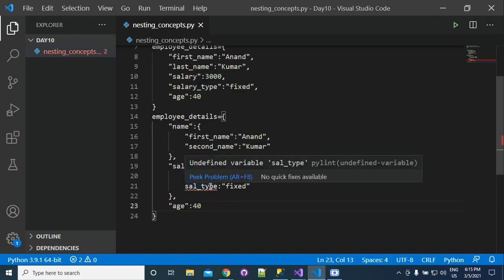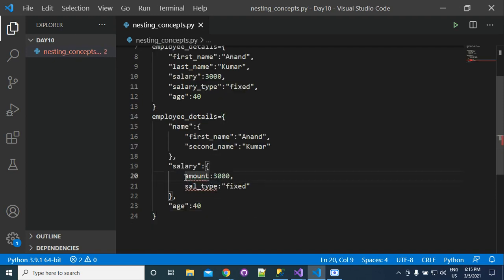So this dictionary here is basically representing the same data, but in a different manner. And this manner is more understandable and more relevant. Why?